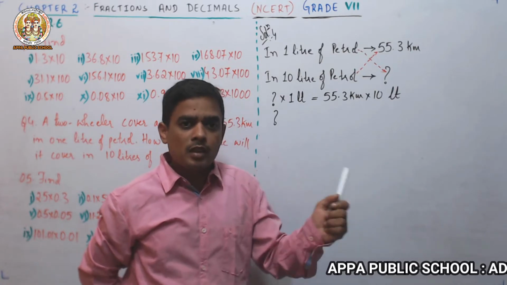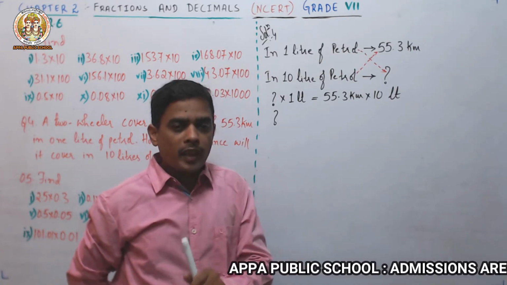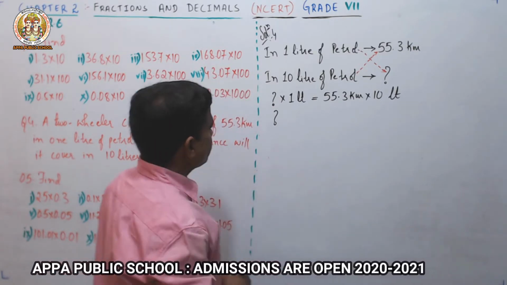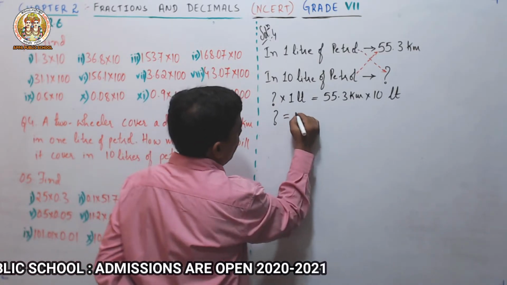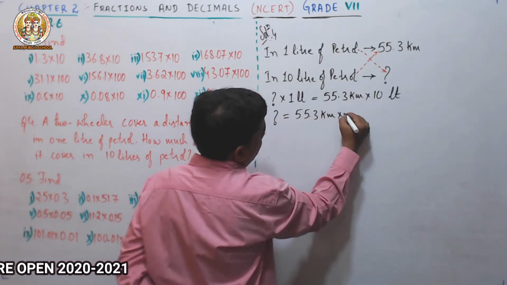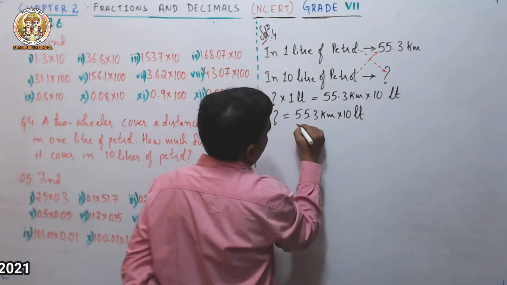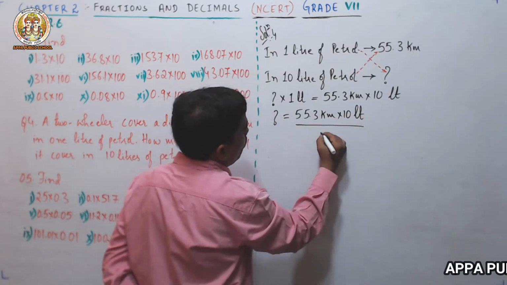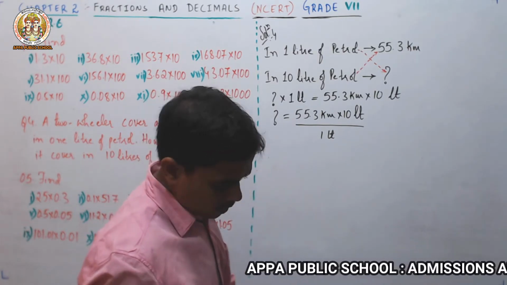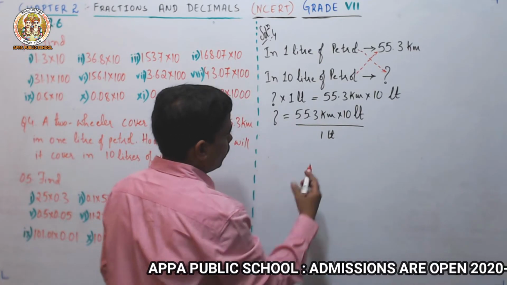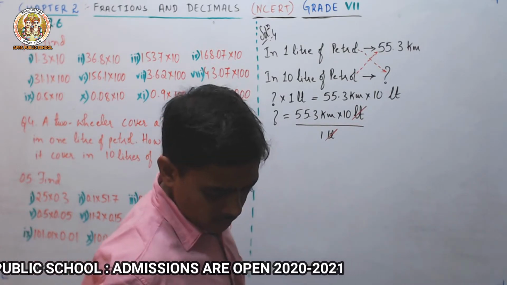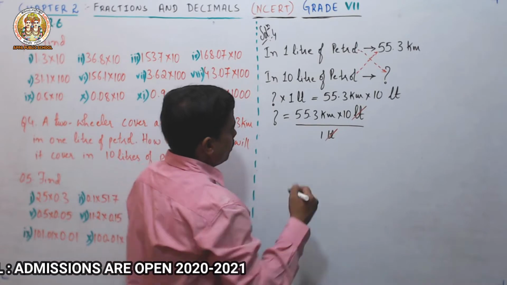Addition, subtraction, addition, multiplication, division, multiplication. Got? Is equal to 55.3 kilometer into 10 liter divided by 1 liter. Okay. So what I will do here? Once again I will cancel the units. This liter unit and liter unit gets cancelled. Right? It will get cancelled. So how much it will be? The answer will be